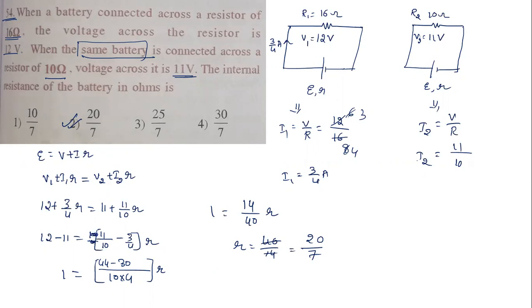So these are the questions related to cells and Joule's law of heating, and the concept was also given to you. In the next class, we will go for some questions related to Kirchhoff laws and potentiometer. If I do those types of questions, then this chapter will be over. Okay? Thank you so much to all of you.